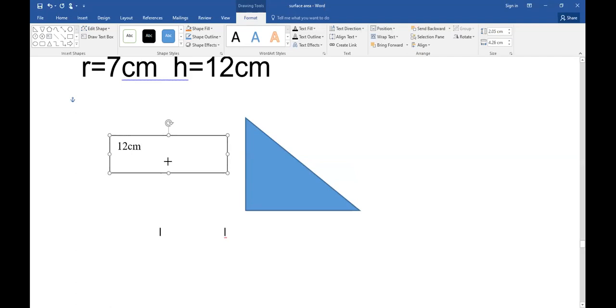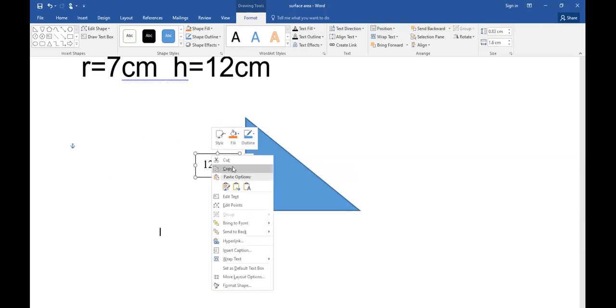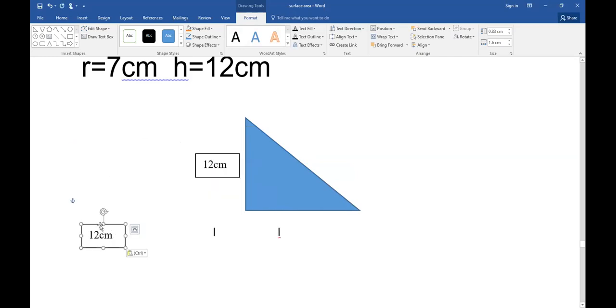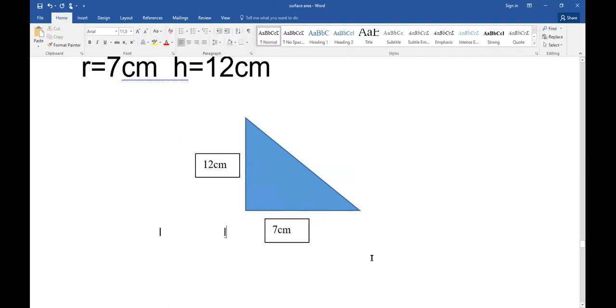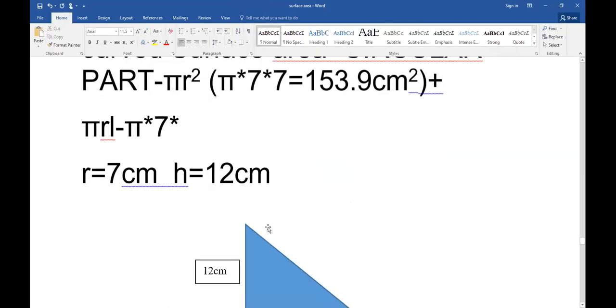Let me bring it here so that you can see this. Centimeters, and then I can copy it and paste here. And then this one is 7 centimeters. So that means I have to use Pythagoras theorem to find the slant height. This one here